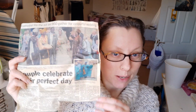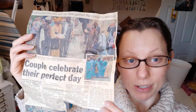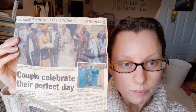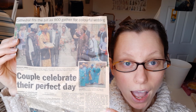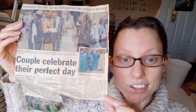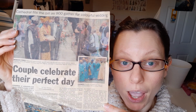You want to see something a little bit odd? This newspaper cutting is from the very first wedding that I ever worked on when I set the business up. It was a really lovely couple, but a lot of their family were from Nigeria, as well as other countries around the world. They had 900 guests, can you imagine? And the only Church of England venue that could hold them all was Lincoln Cathedral,